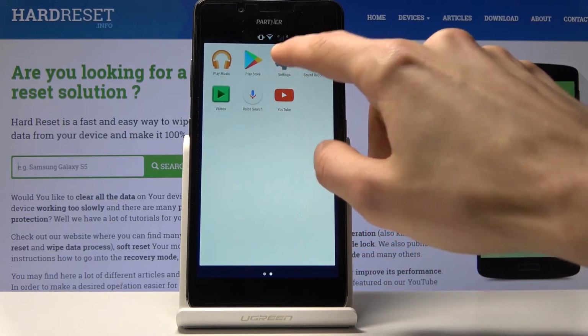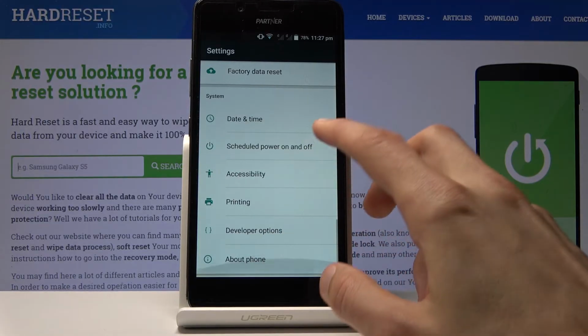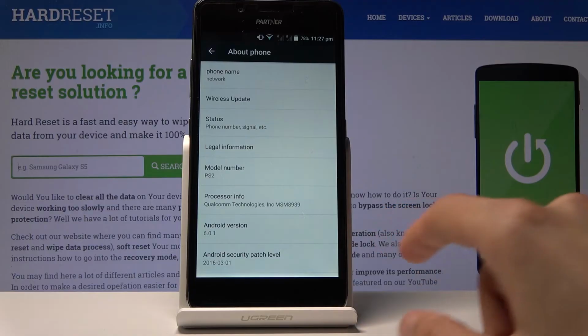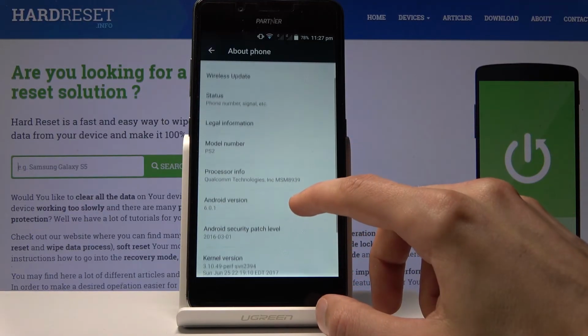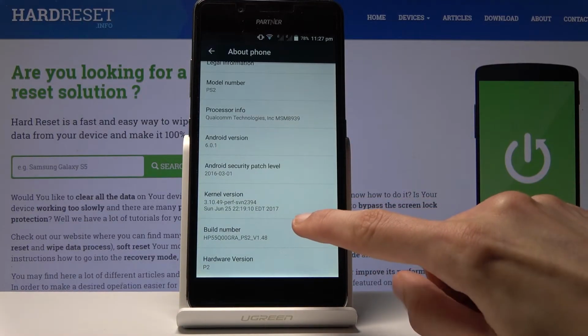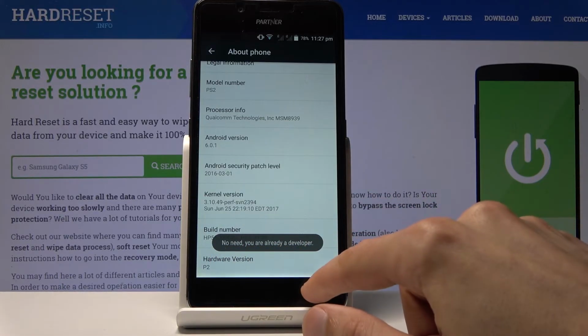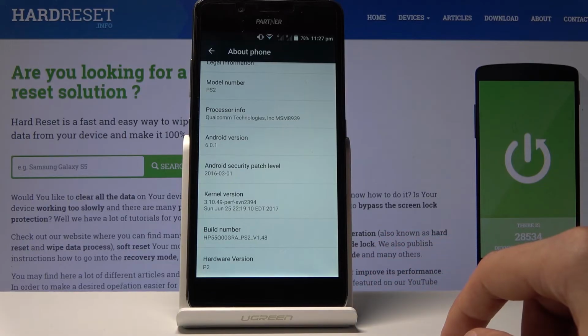But to enable, or well, modify this, you would have to go into About Phone first. Disregard the fact that I already have developer options enabled. So About Phone, and find build number right here. Tap on it 7 times, where for me it says no need, you are now a developer. After the 7th tap you'll have it enabled,